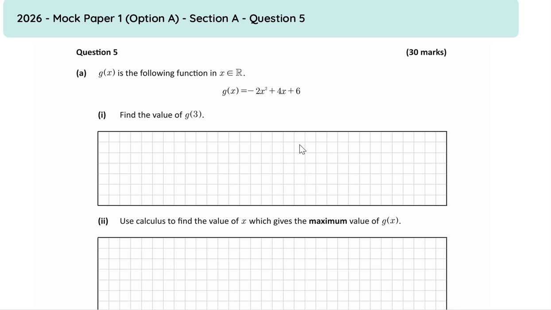Differentiation questions. So this is the 2026 mock paper, question 5 here. We're given some function g of x is equal to minus 2x squared plus 4x plus 6. And straight away what's jumping out at me here is this minus 2x squared. And remember, if you have a negative x squared graph, that negative there means negative, sad,